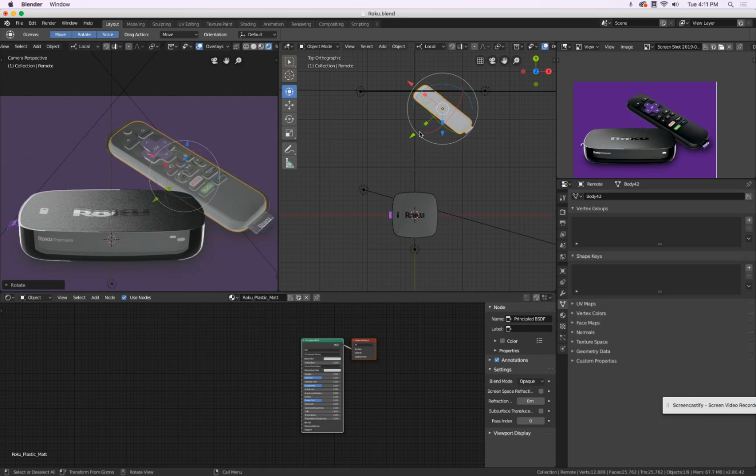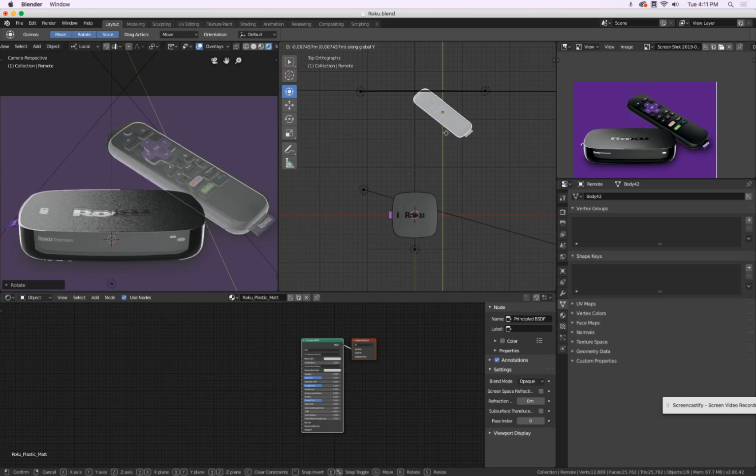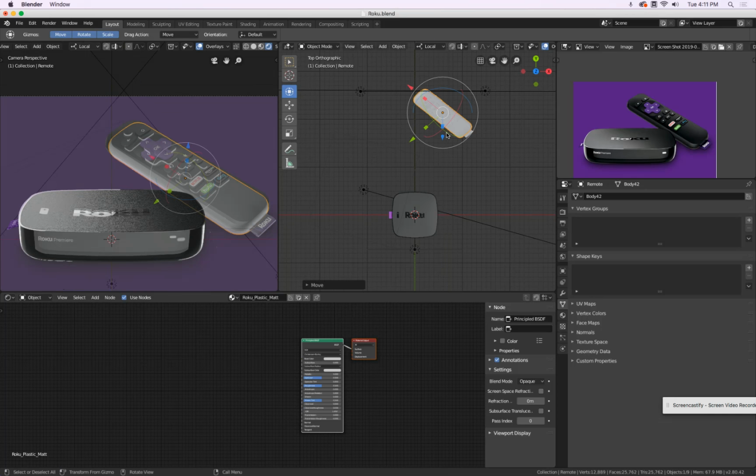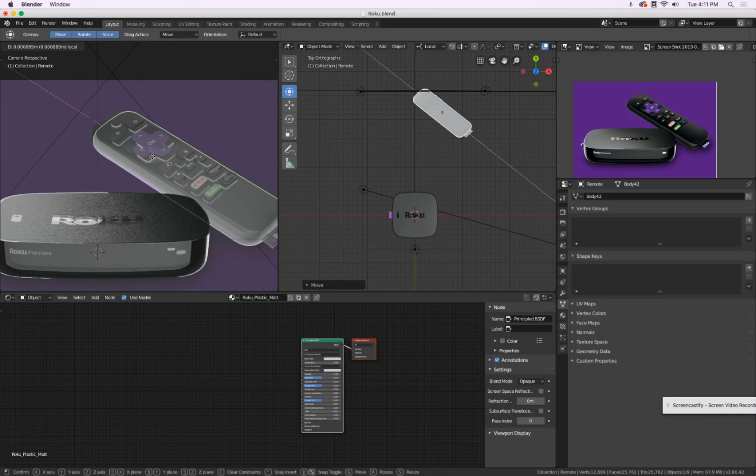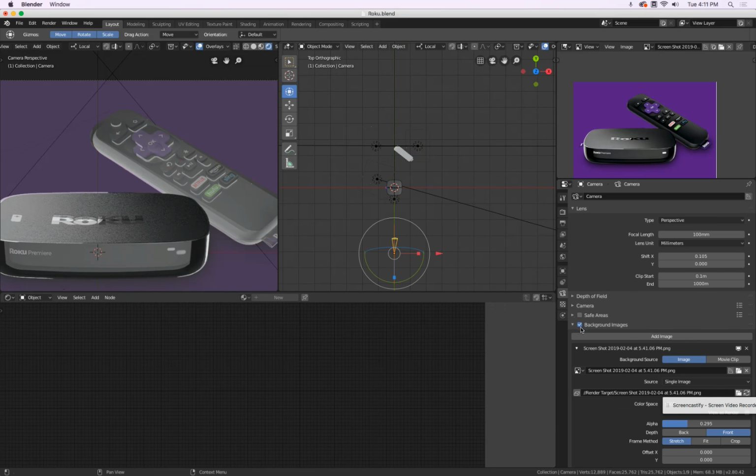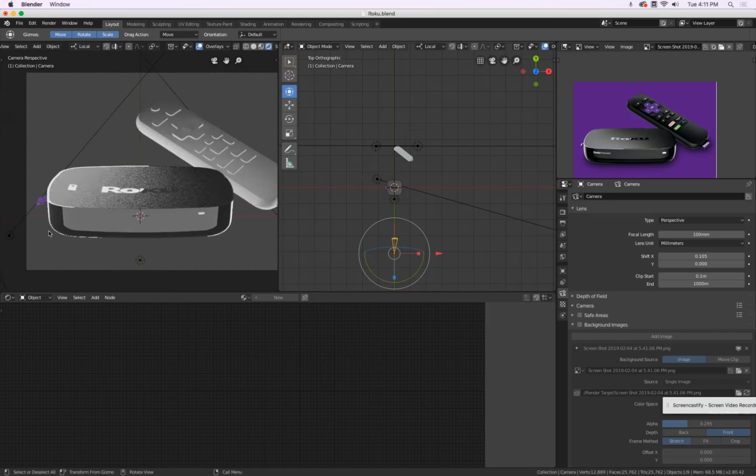Maybe bring this back a little bit. So I press simply G, and then in my top view, I press Y twice. So it goes along the local Y, not the global Y. Well, there we are. Very good. Okay. So the camera we can select, turn the background image off. Then let's